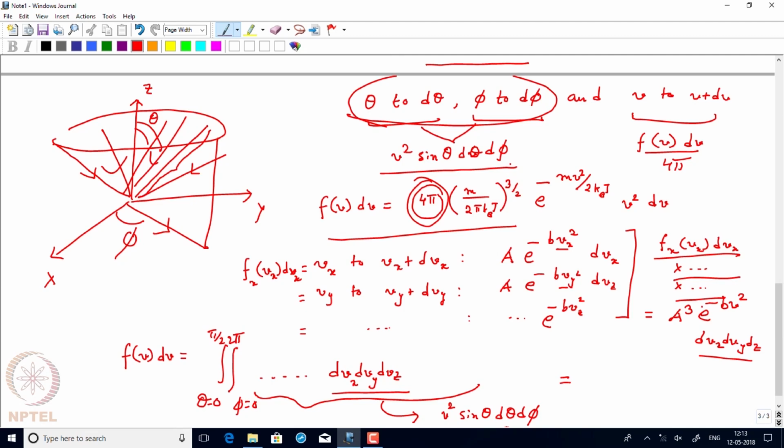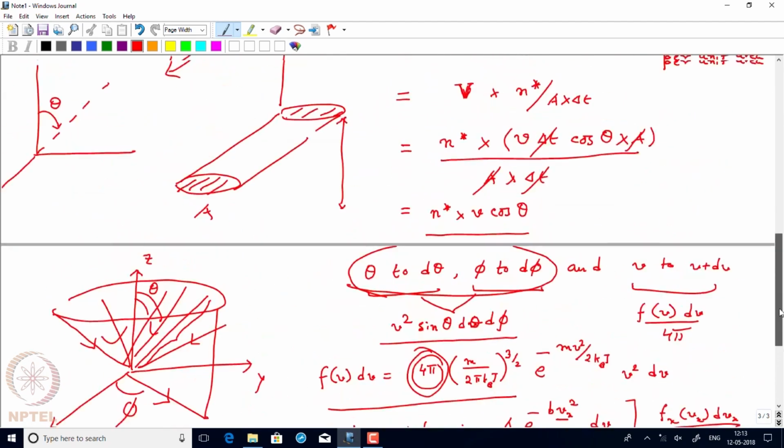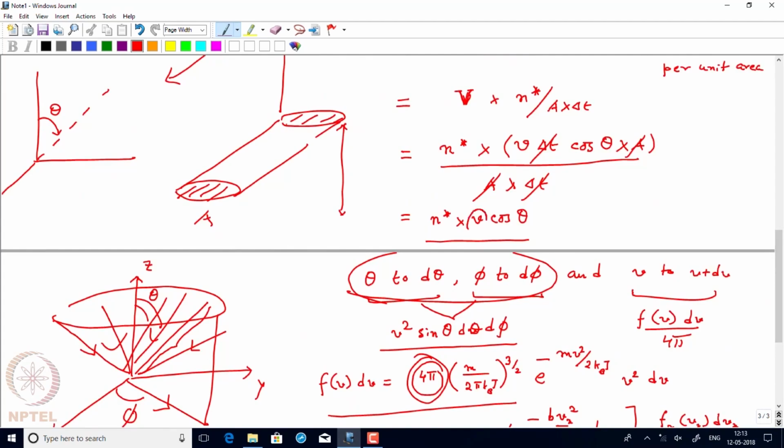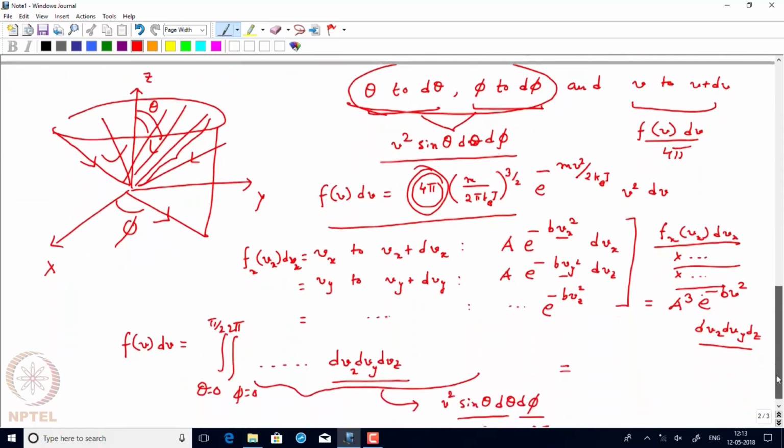So together now we are going to add these two things, and we are going to see what we get with this. But please don't forget that we already have a v sitting here. So if you do it carefully,